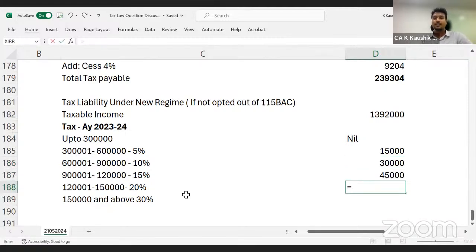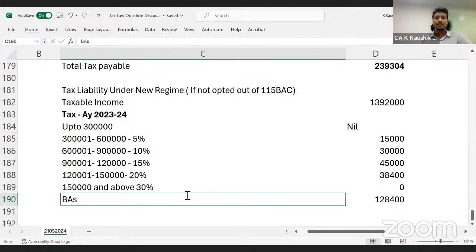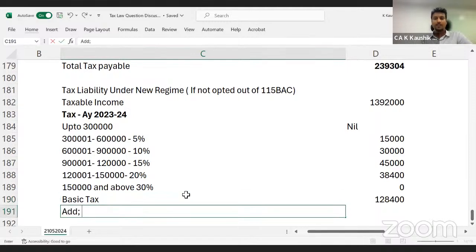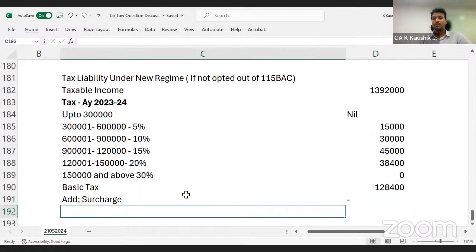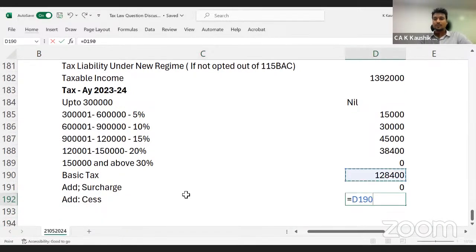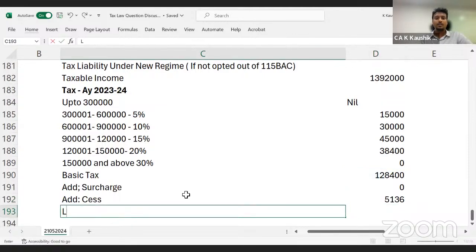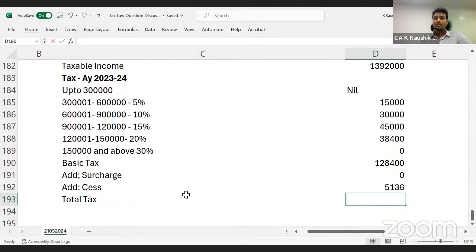And here it is 13,92,000 minus 12 lakhs. That is 1,92,000 into 20%. This will become 38,400. This is not applicable. So the total tax will become 1,28,400 basic tax. Add surcharge, not applicable. Cess into 4%. Total tax. So here it becomes 1,33,536 versus